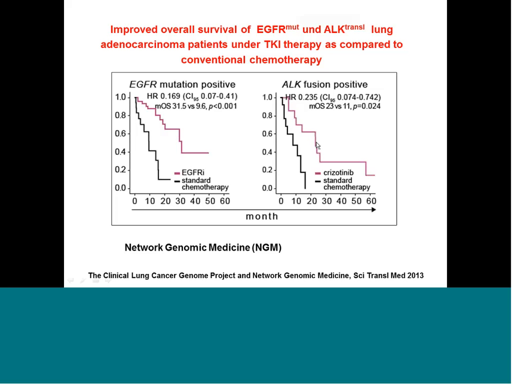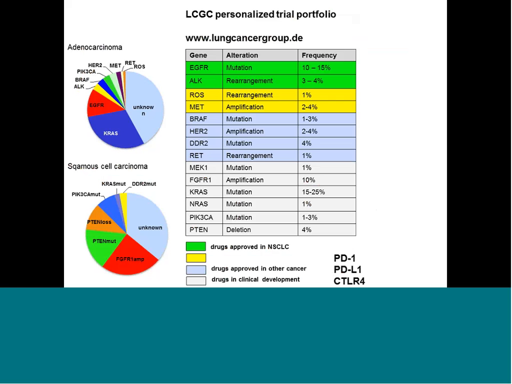However, this is only one dimension. We now classify tumors in EGFR positive, EGFR negative, ALK fusion positive, ALK negative, KRAS positive, and so forth. But also these patients, when they are treated and live for longer, they travel over time and develop resistance mutations. So they're not cured, but the tumor changes in the genomic composition.